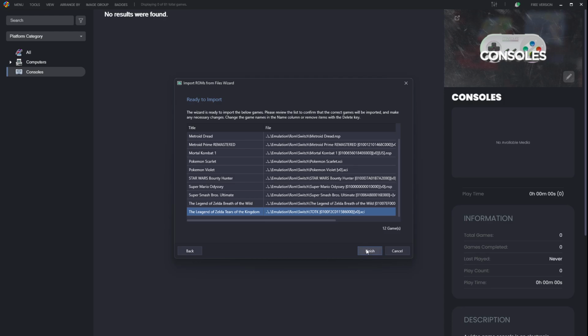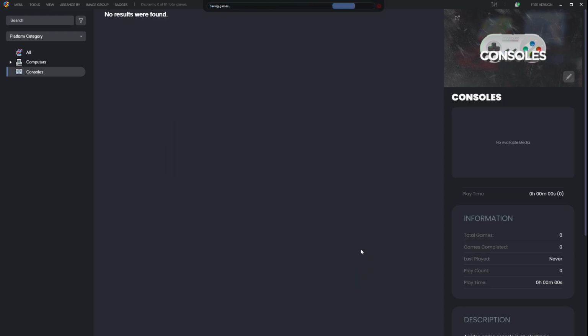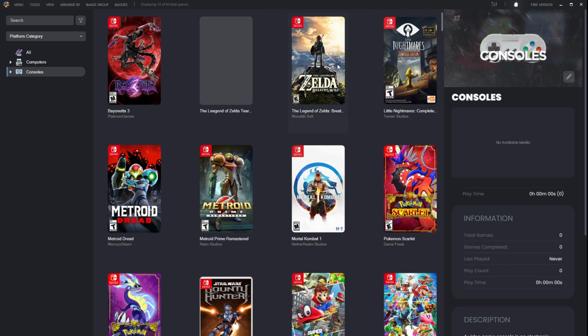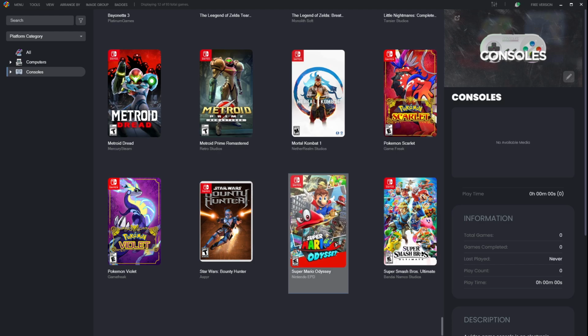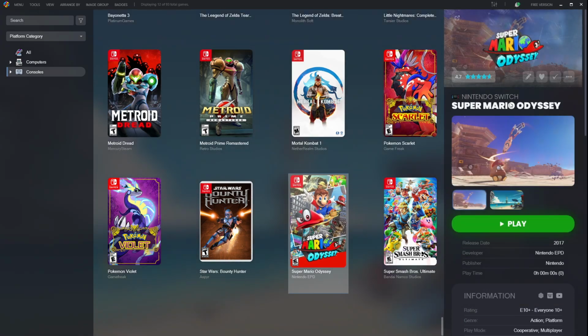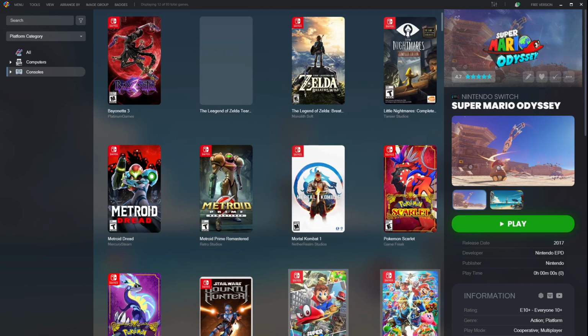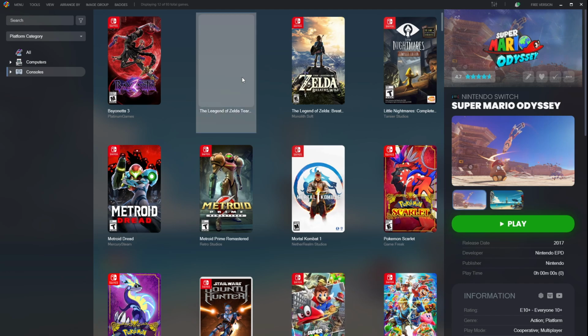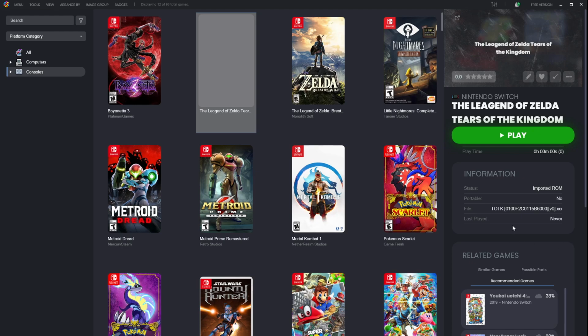But once you have that, you hit Finish, and in just a few seconds, it will pop up all of your games with all of their artwork. You'll see some metadata here, rating, some screenshots, and all of that stuff. But you will notice that we have a game here that doesn't have any information, no screenshots, no additional metadata, nothing. Now you can still play this, no problem with that, but if you want it to show up with the nice cover art and everything,